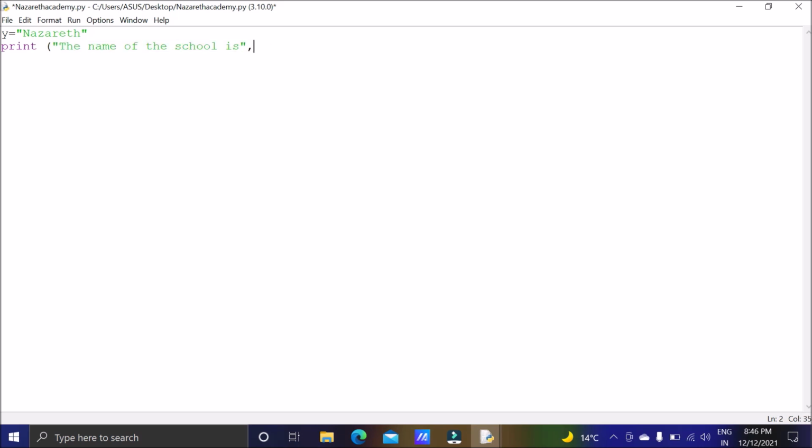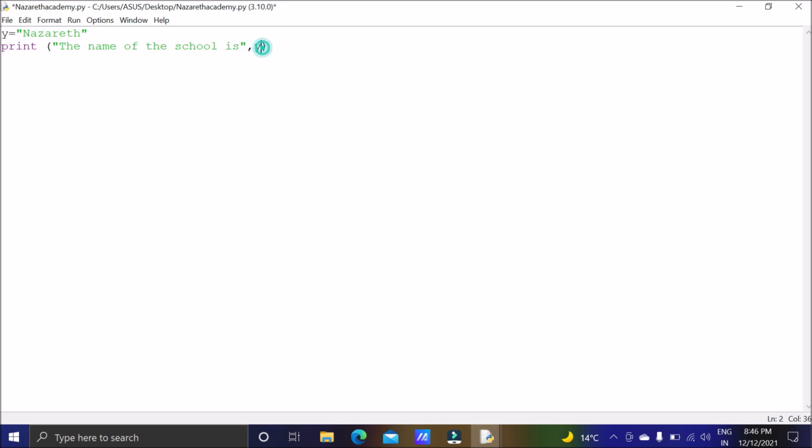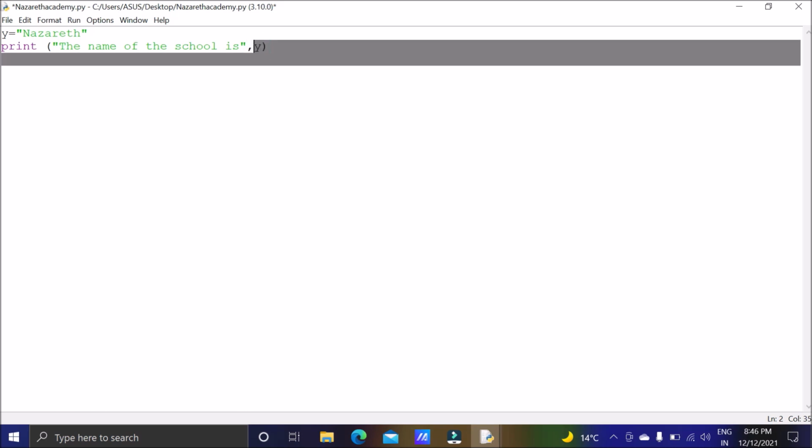Then I will give a comma and then I will write the variable name. So now it should print the name of the school is, and after that, because I have given a comma, it should print y, which is Nazrat. So let's see what will get printed.